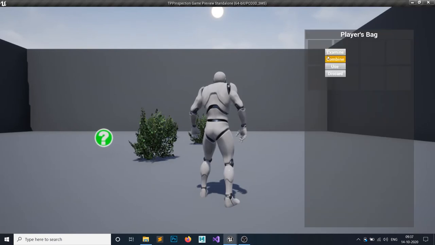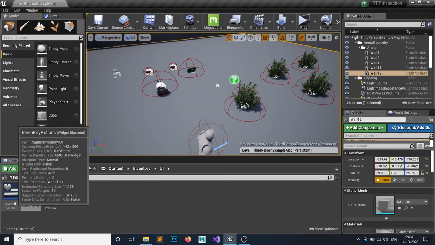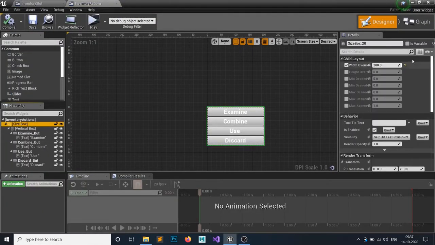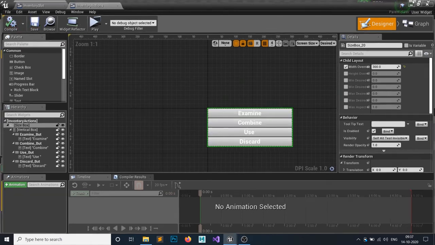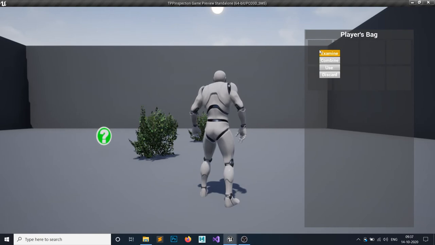Yep, so it is popping up, but I don't think it looks much better because it's too small. So let's set this size box value to something, let's set 300. It's just a trial and error method. 300 would work fine, I guess.